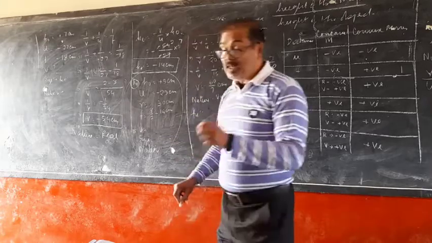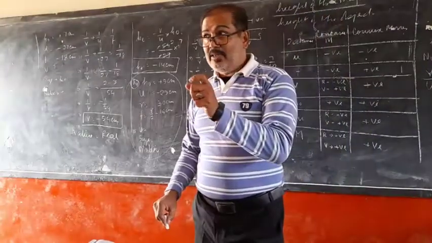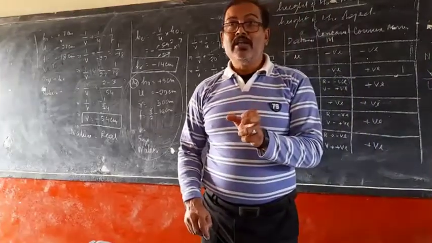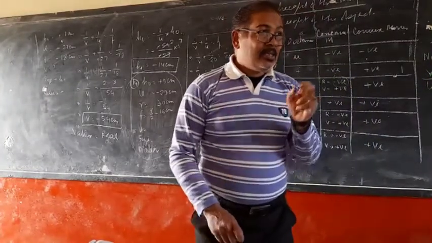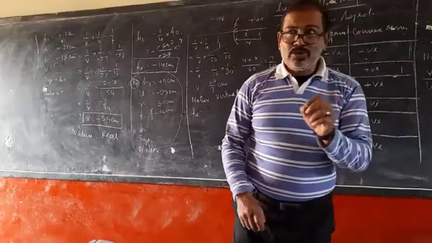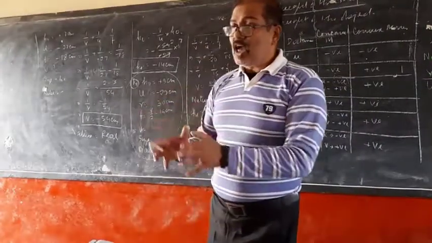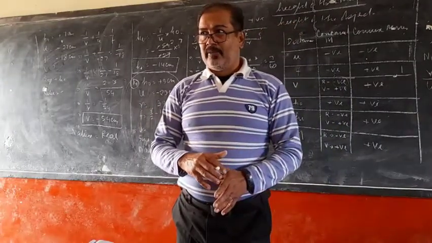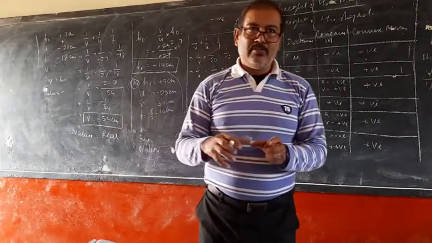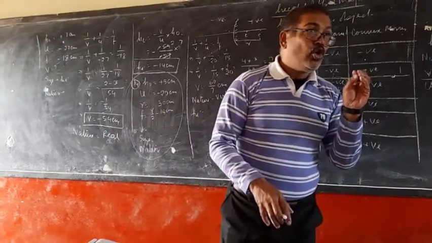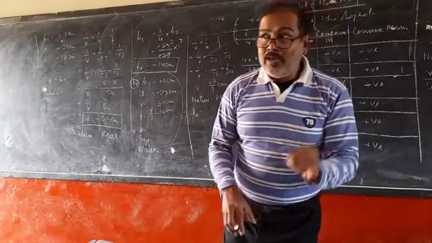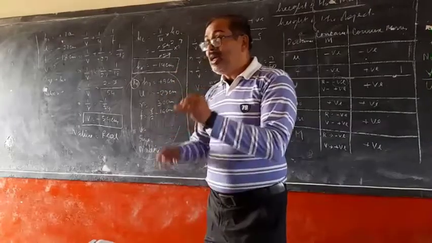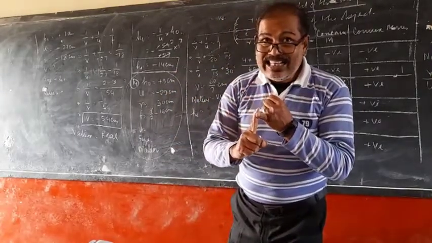Yesterday, those students who were present in my class, I discussed very significantly the nature of images formed in a convex mirror. That is always erect and smaller, and there is a question that usually comes in board examination: which type of mirror is used as a rear view mirror in automobiles and why? Those who were not present yesterday, I am going to take a revision of that. We always use a convex mirror. Why? Because what is the nature of the image formed in a convex mirror? Always virtual and erect, and also